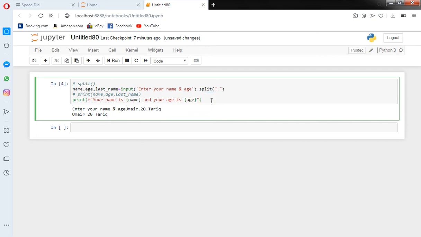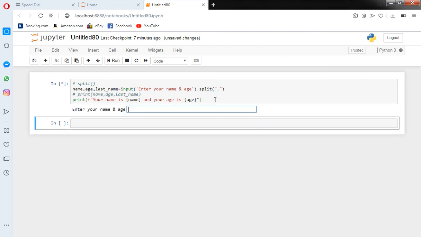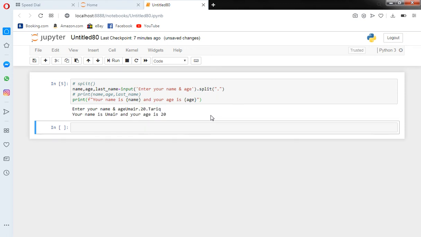If I run it, instead of age, 20 will appear, and instead of name, my name will appear. Okay, if I run it, I'm using Umair dot 20 comma. If I enter it, you can see your name is Umair and your age is 20.